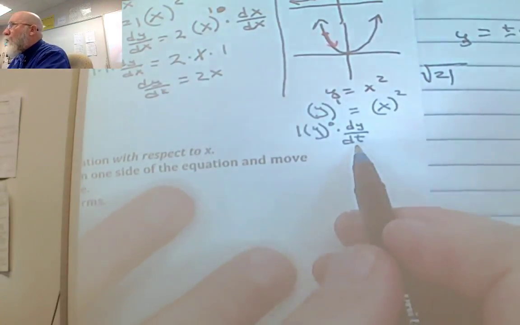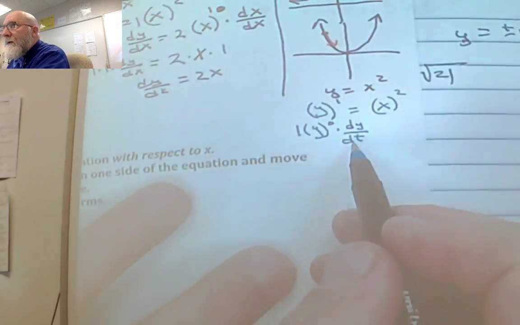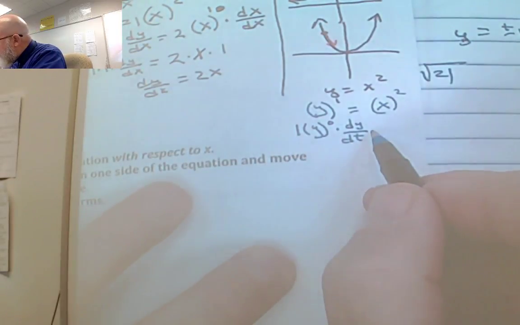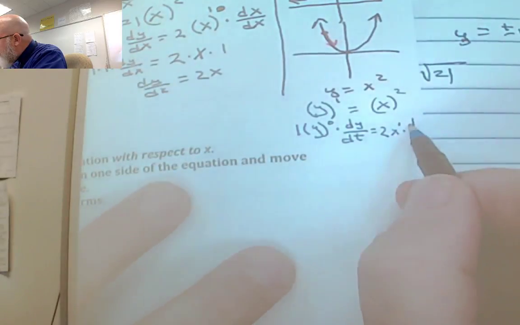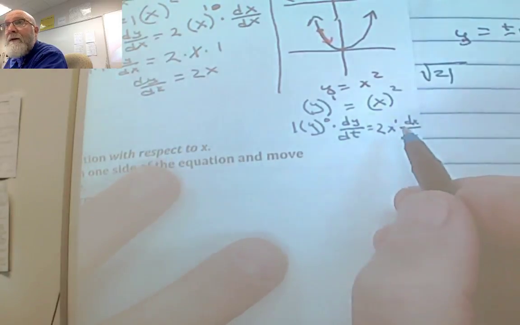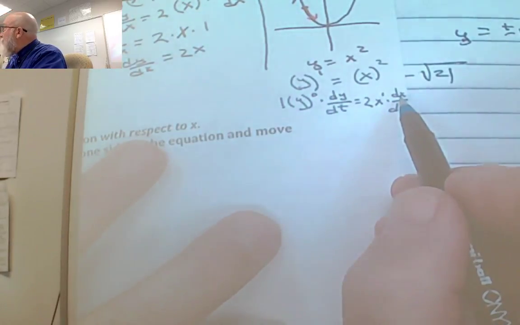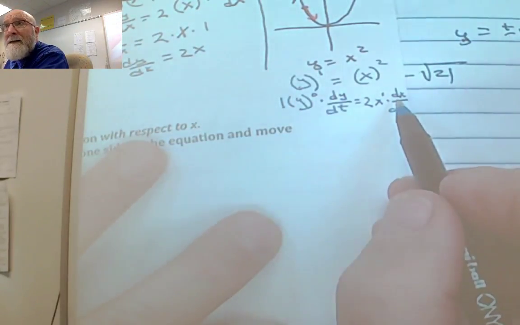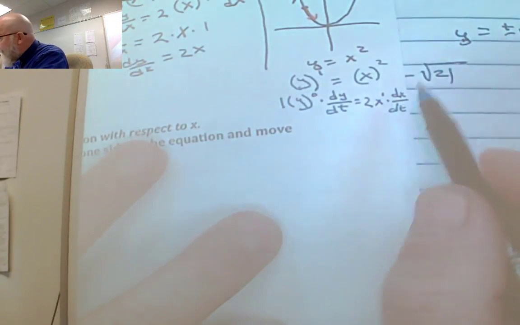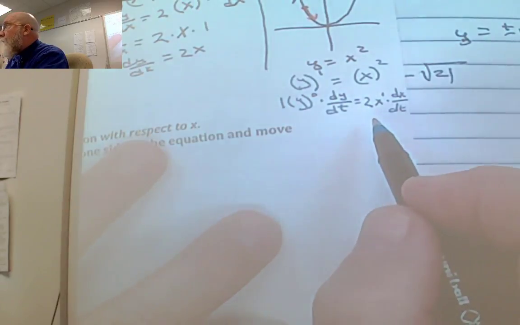That's how fast y is moving, equals 2x to the first times dx dt. That's how fast x is moving. Does that make sense? That's where we're headed towards, because we're going to have things changing with respect to